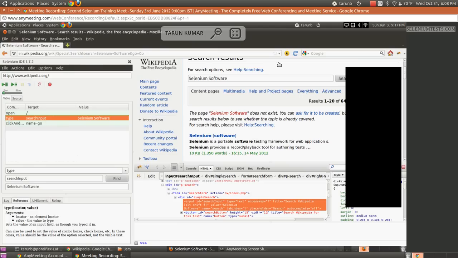Okay. Raghavendra has a question here, WebDriver-backed Selenium. Raghavendra, we will come to that later. We have not begun with the WebDriver at this point. Once we do that and then we see Selenium RC, then we'll see WebDriver-backed Selenium also.